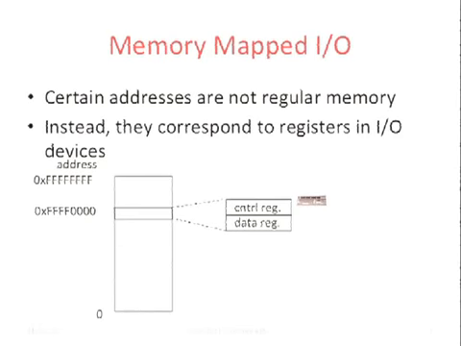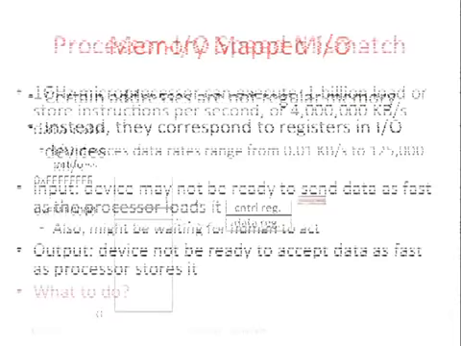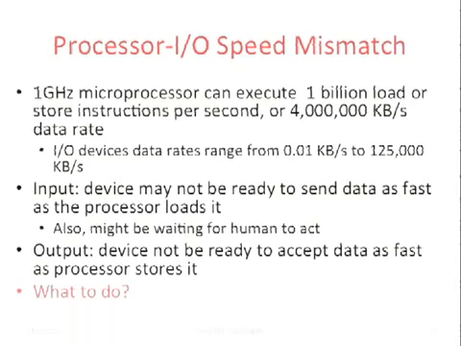Okay, so if you want to write or say read 4 bytes in from some device, you would go to the right location in memory for that device, and you'd say load word. And if everything works properly, you'll get 4 bytes from that device. So there's a couple problems here. I already mentioned some of the problems, but another problem is this processor I/O speed mismatch. Remember, processors run really, really fast. So if you had a machine that could do 1 billion load or store instructions a second,